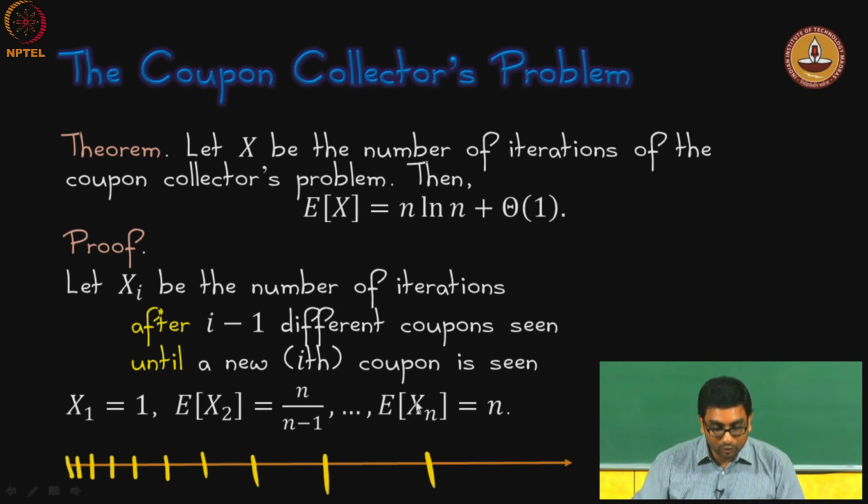In particular, if you look at the very last x n, it is going to take, on expectation, n time before you find that coupon, because you have seen n minus 1 and only have one coupon that you have not seen out of a total of n. So your p reduces to 1 over n, and the expectation becomes 1 over p, which is equal to n. And that should fit your intuition.